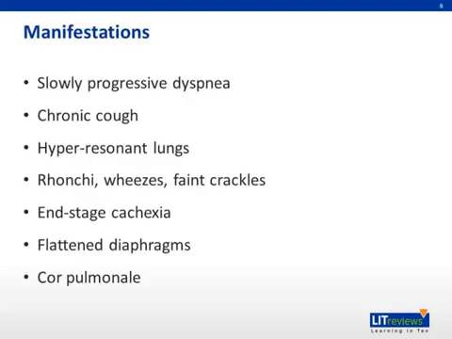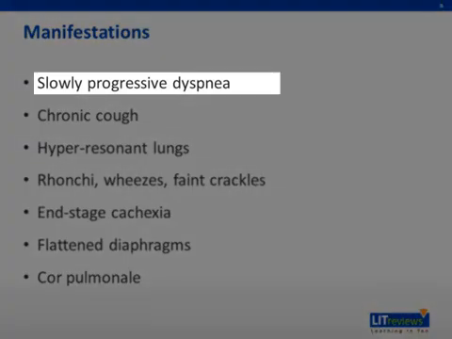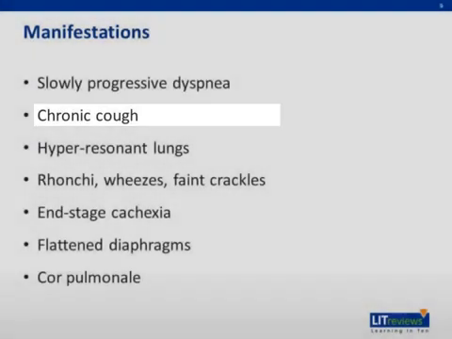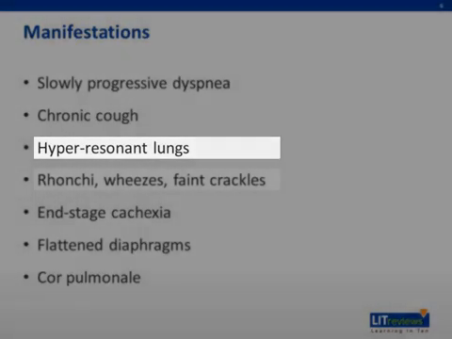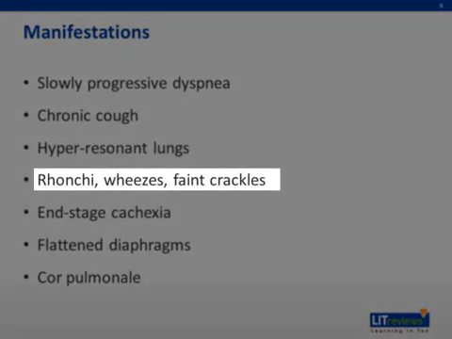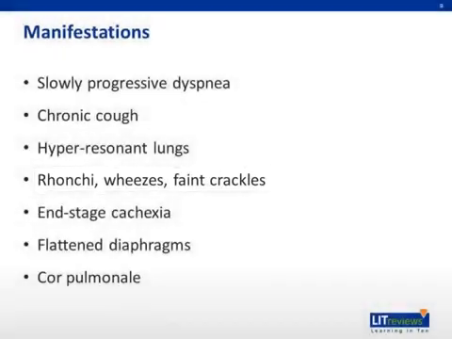The key symptoms associated with emphysema include worsening shortness of breath and chronic cough. On examination, patients with emphysema tend to have hyperresonance to percussion and rhonchi, wheezes, and crackles on auscultation. Patients with end-stage disease may adopt positions that relieve dyspnea. For example, patients may lean forward, they may have an increased work of breathing with evidence of accessory muscle use to breathe, expiration through pursed lips, and paradoxical retraction of the lower interspaces during inspiration, and this is referred to